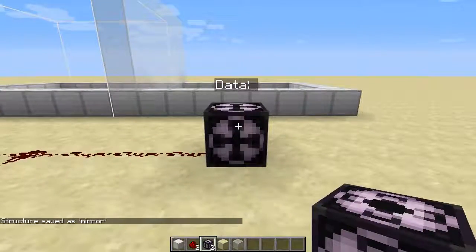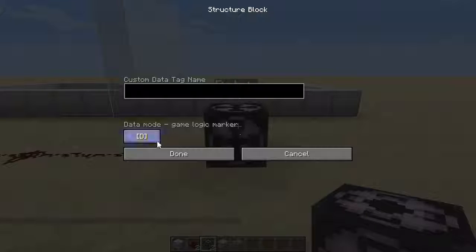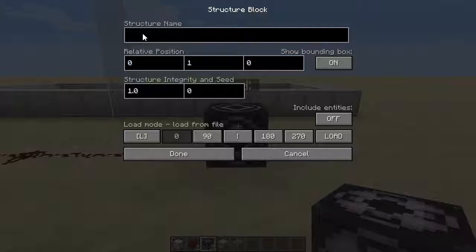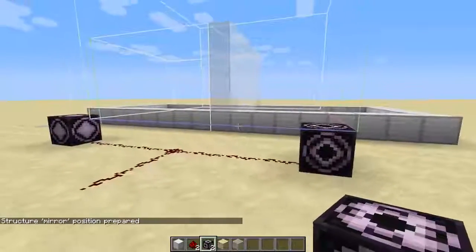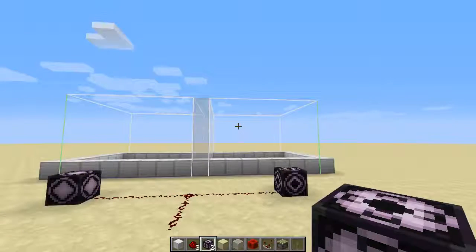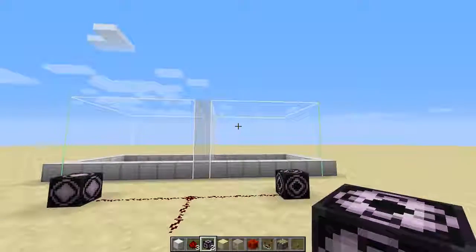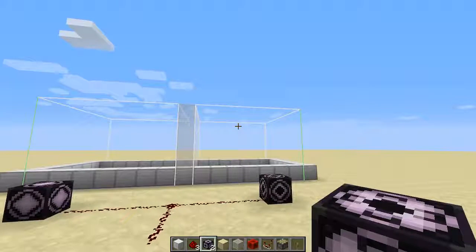Now come over to the load block. Well, it shows data block, but we're going to be changing this to load, just like that, and hit mirror, and hit this button as well where my mouse cursor is, and that will change it to mirror mode. I won't go into the depths of how that works, but it basically mirrors stuff instead of directly copying them. And hit load once after including entities on, and hit load, and there you should see a box just like that. So as you can see, I've put the mirrored bounding box on the load side right in place,